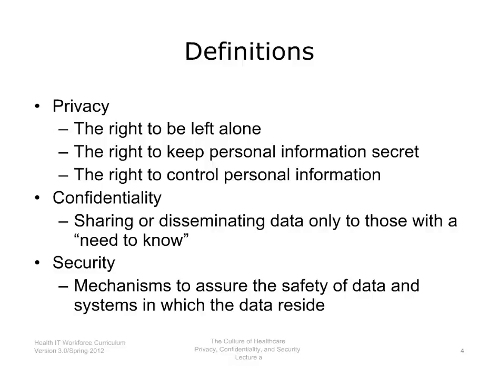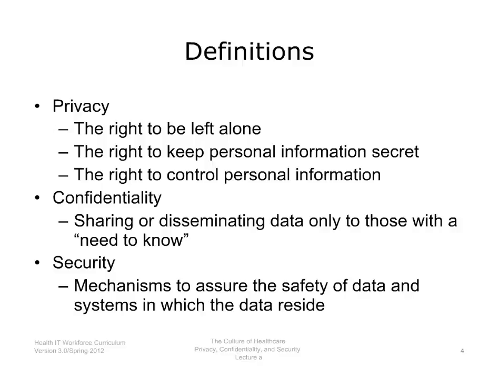This lecture discusses privacy and security. Privacy is one's right to keep information to oneself. It is the right to be left alone, the right to keep personal information secret, and in essence, the right to control personal information. Confidentiality, on the other hand, is one's right to keep information about oneself from being disclosed